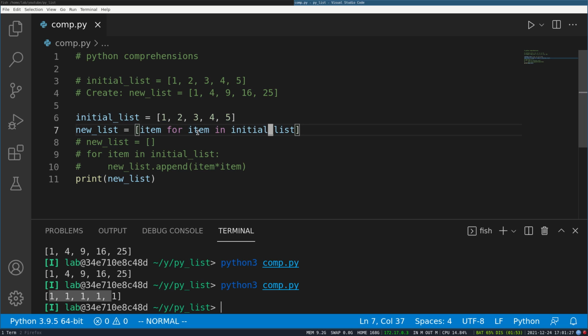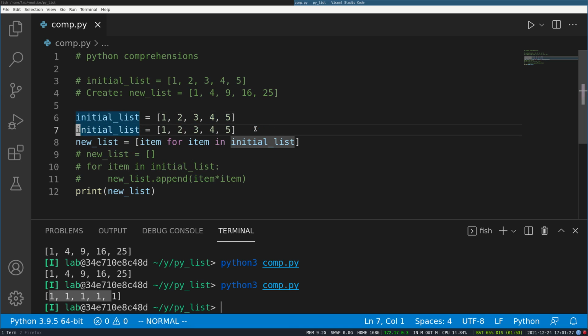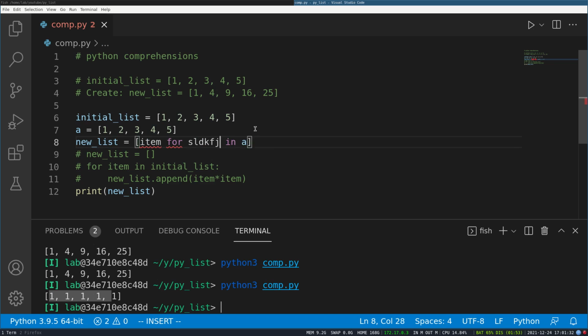And yeah, initial list can be anything. If you name your initial list A, then it would be A, and item could be anything as well. You can name anything. Let's say I want to name my variable var, then it can be var.